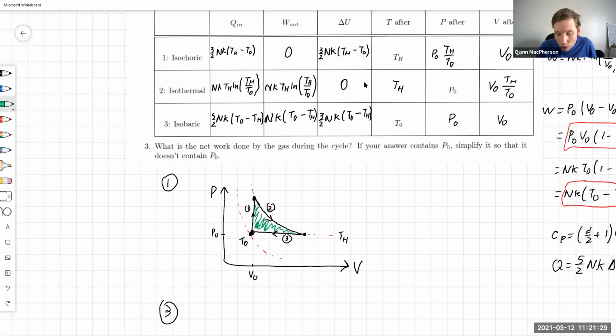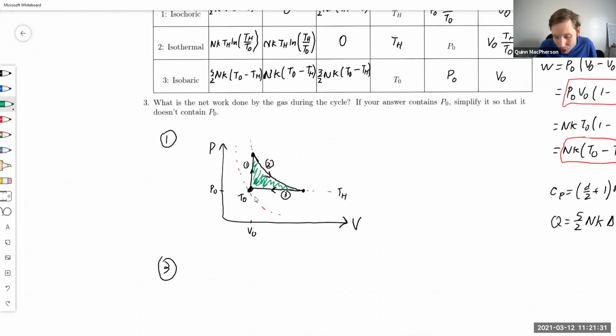There are only two works that are non-zero. That's the top work and the bottom work. This one over here didn't do anything. So work total, or net, is equal to NK T hot natural log of T hot over T initial